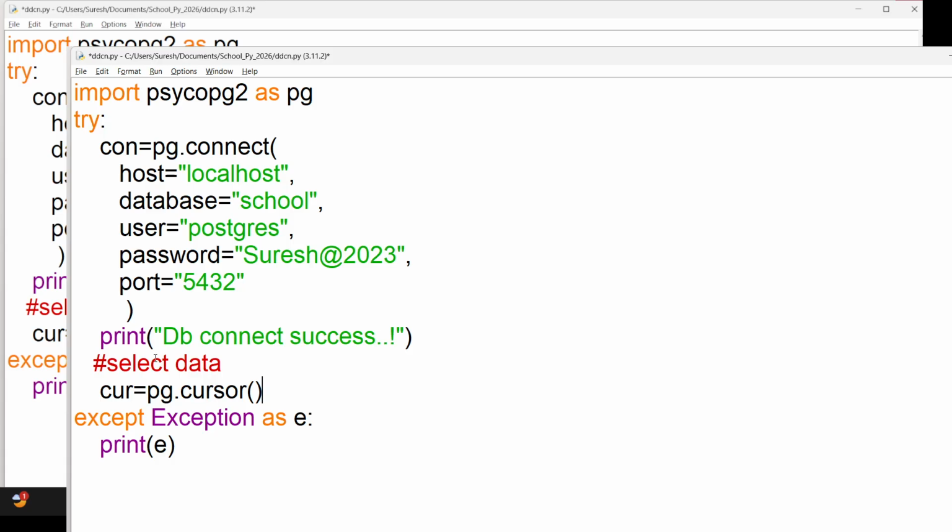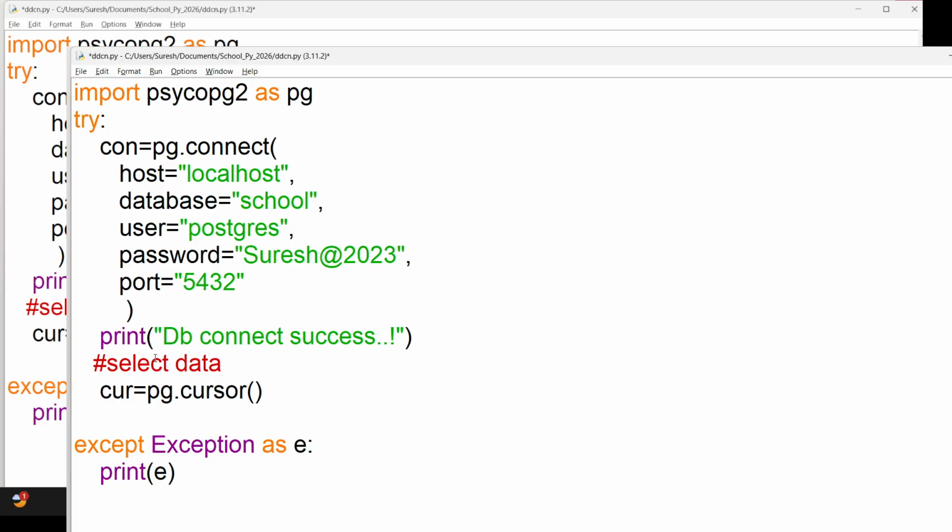After that, we can execute the query with the help of one more function, execute. Within this execute function, you can write the query for the data you want. Our query is very simple. Our table name is contact. So we can write select, and we want all the fields, star, from the table named contact.